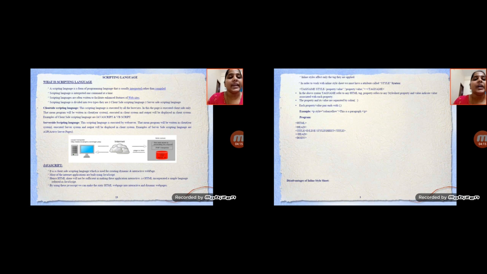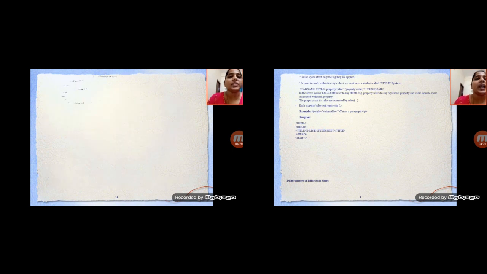In order to work with an inline style sheet, we must use the attribute called style, with the syntax of a tag name, then the property and its value. In the above syntax, the tag name refers to any HTML tag, the property refers to a style sheet property, and the value is associated with that property.